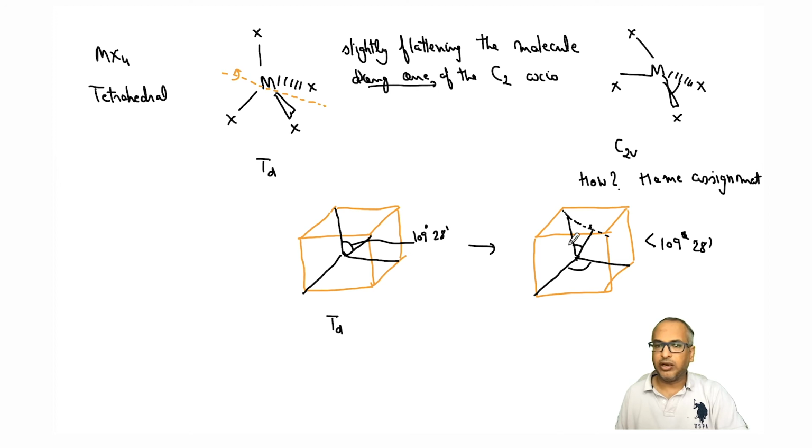It will of course affect the other angles also. So now what all elements are killed in this process, you have to visualize. You have to sit inside the cube yourself and see how the bonds are changing and how the elements are affected. How many C4s or C3s or C2s are there initially when it was tetrahedral, and now what we are left with is only C2v. Is that correct? Do we have more symmetry elements? Do we have fewer symmetry elements? So try to work it out. I have given you an approach to solve this kind of problem, but try to work it out yourself. Otherwise, we can always discuss during the interaction session. Okay.